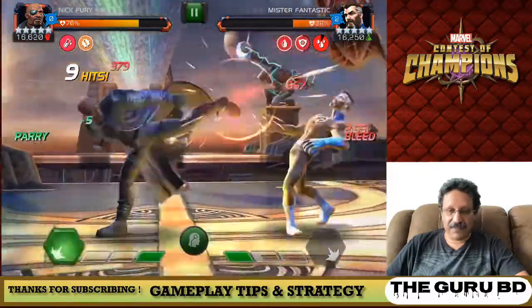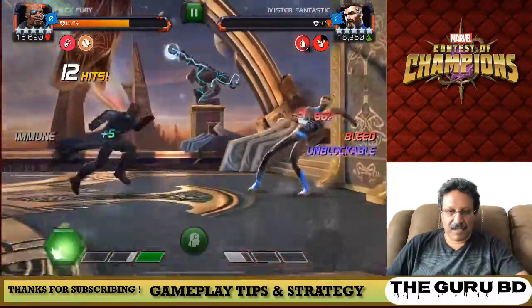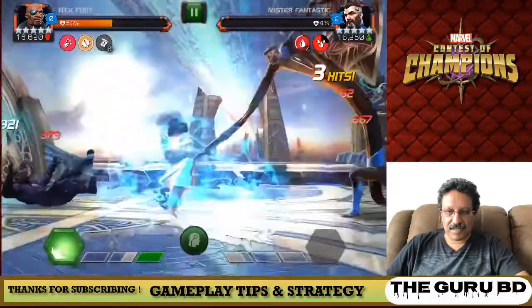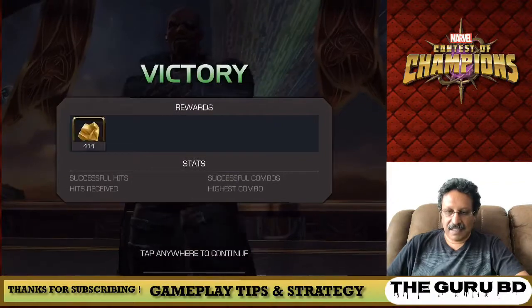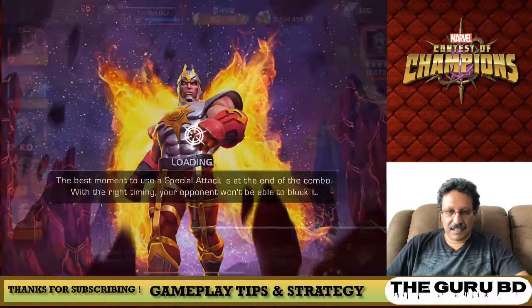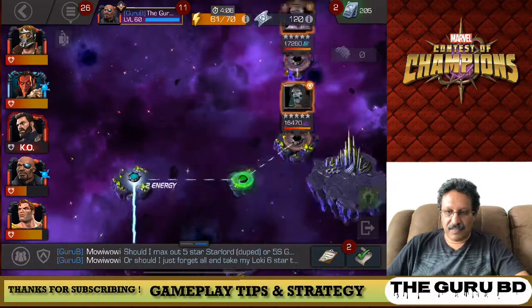So if you have Nick Fury and you haven't fully ranked him up, you are missing out on a lot of absolute damage. He took unblockable there, but again, the bleeds are so devastating. He is done. Now, 2 more fights to go. We have,